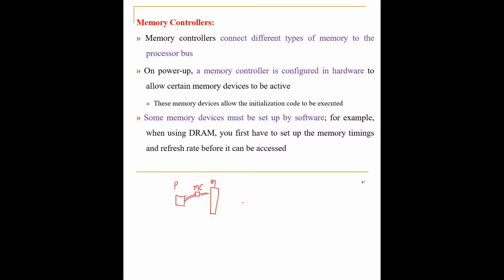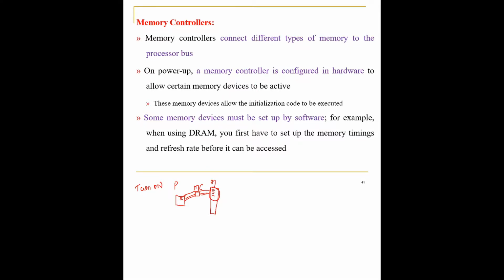Now, who has written the code with respect to that and where is it stored? That will be stored in the permanent memory. As soon as you turn on the system, the memory controller will make sure the data from this part of the permanent memory goes to the processor, and the processor will process the data and make your system ready for use. That is what your memory controller is going to do.